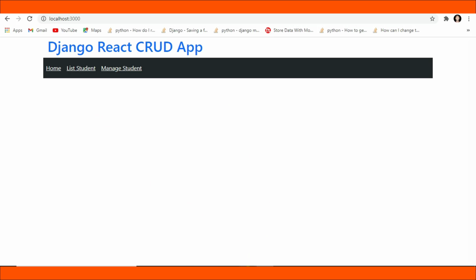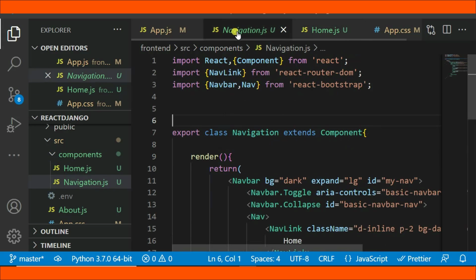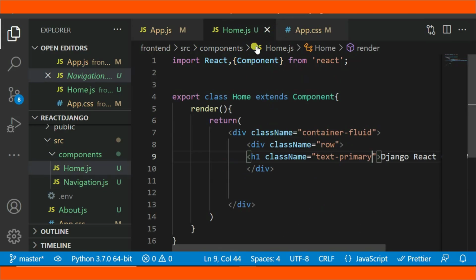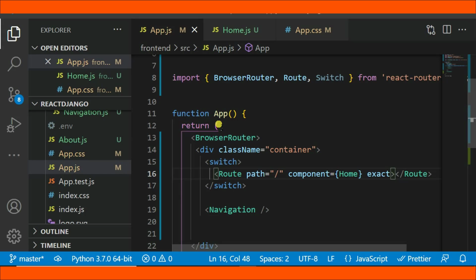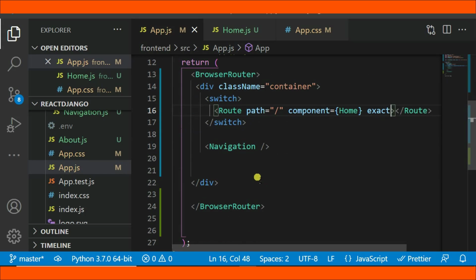Okay, so let me cross this. So here I think there is something missing in app.js. Okay, let me check it out if it's okay. So the div class name is container nav switch. Okay, after switch